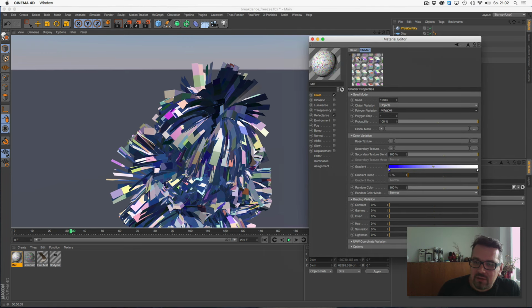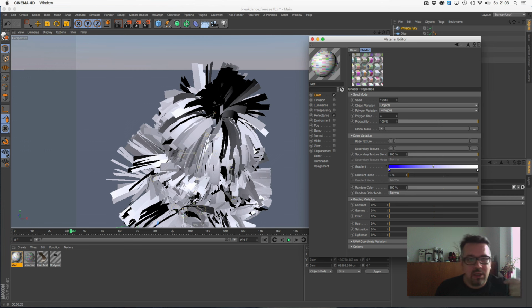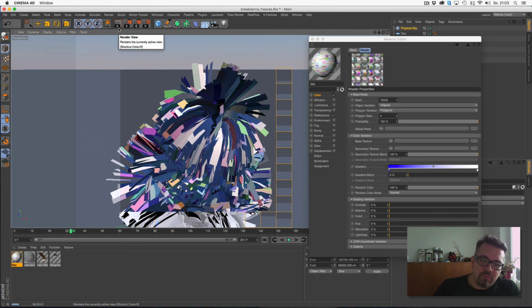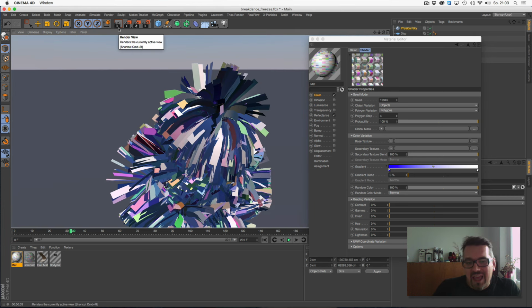You can set the polygon step to 4, so any 4 polygons have the same color, and the result is that any paper sheet has now its own color.